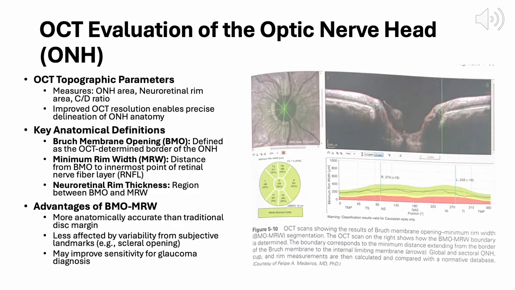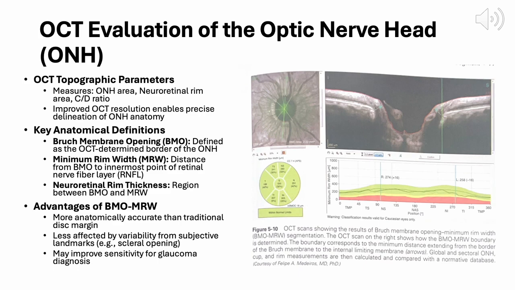The neuroretinal rim thickness refers to the region between the BMO and the MRW, forming a more anatomically accurate rim boundary than traditional methods. There are several advantages to using BMO-MRW. It's less affected by variability in identifying the disc margin. It reduces the subjectivity seen with older techniques that relied on scleral landmarks. And it may improve sensitivity for detecting glaucoma, especially in early or borderline cases. So, the take-home point here is that BMO-based measurements give us a more consistent and anatomically accurate way to assess